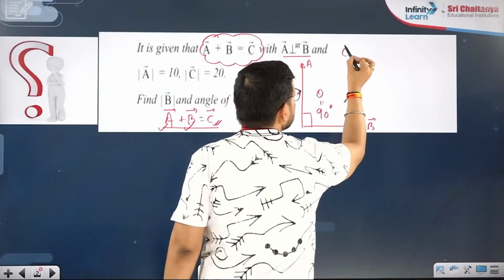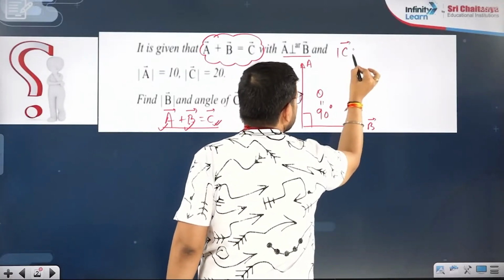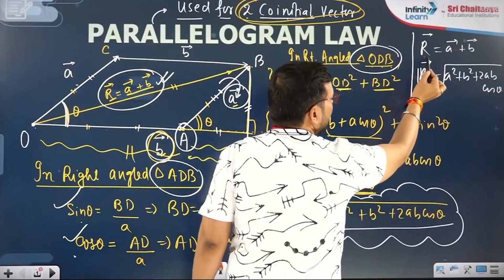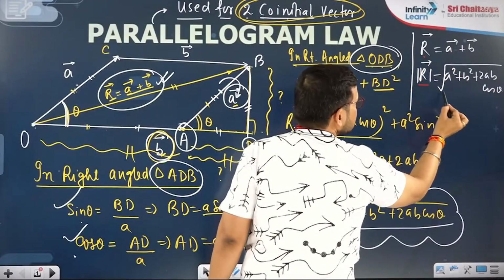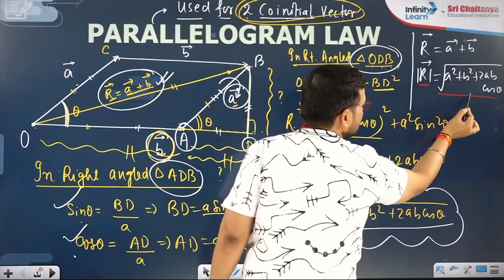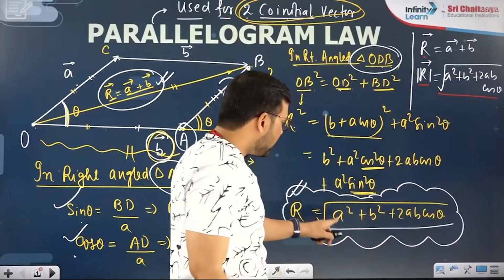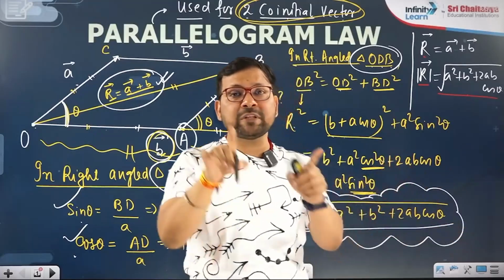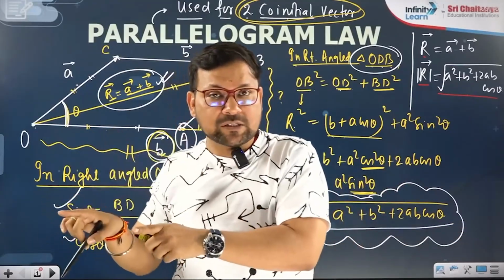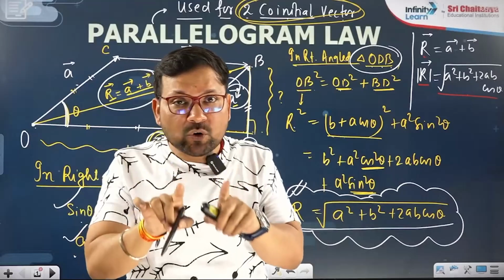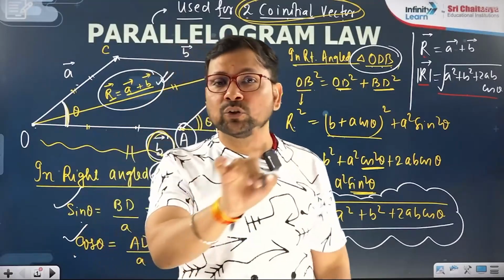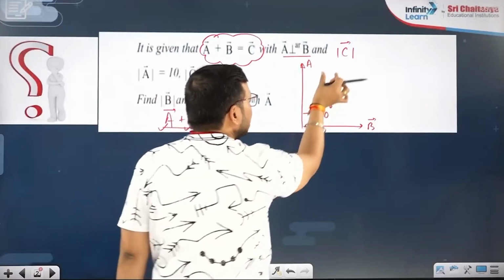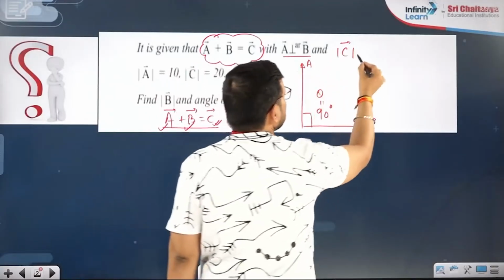So now the magnitude of the resultant C. I told you in the previous slide, R is not A plus B. When you are saying A square plus B square plus 2AB cos theta, you are not saying A plus B. That is the magnitude of R, not R. Keep that in mind. So in this question, when I am calculating the magnitude of C,